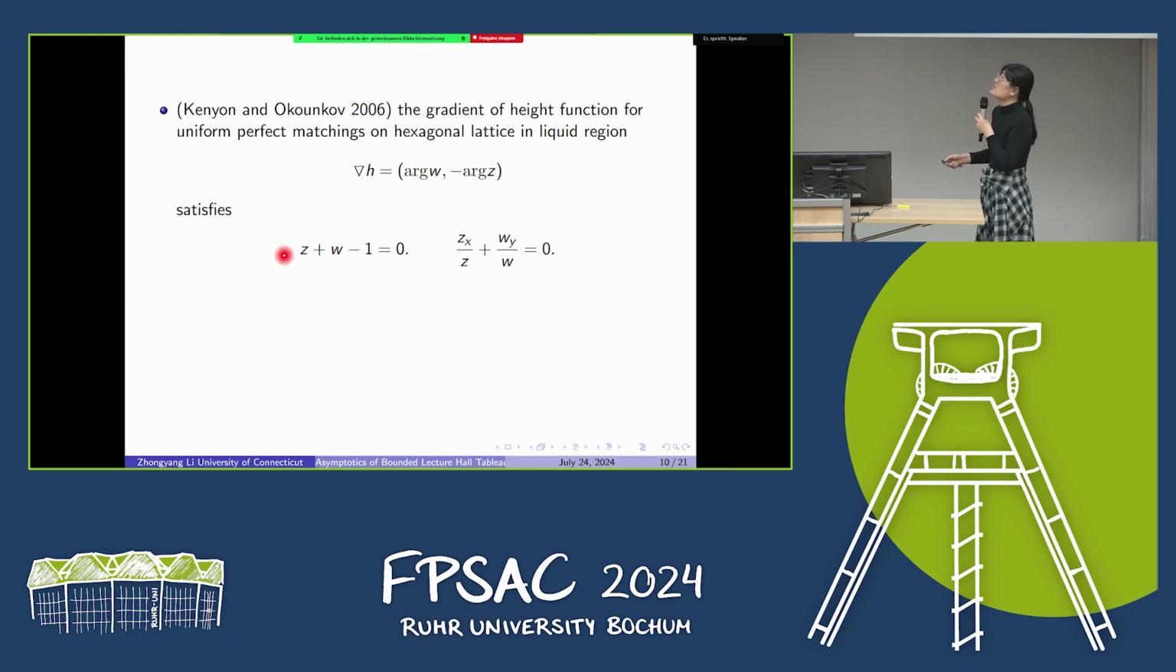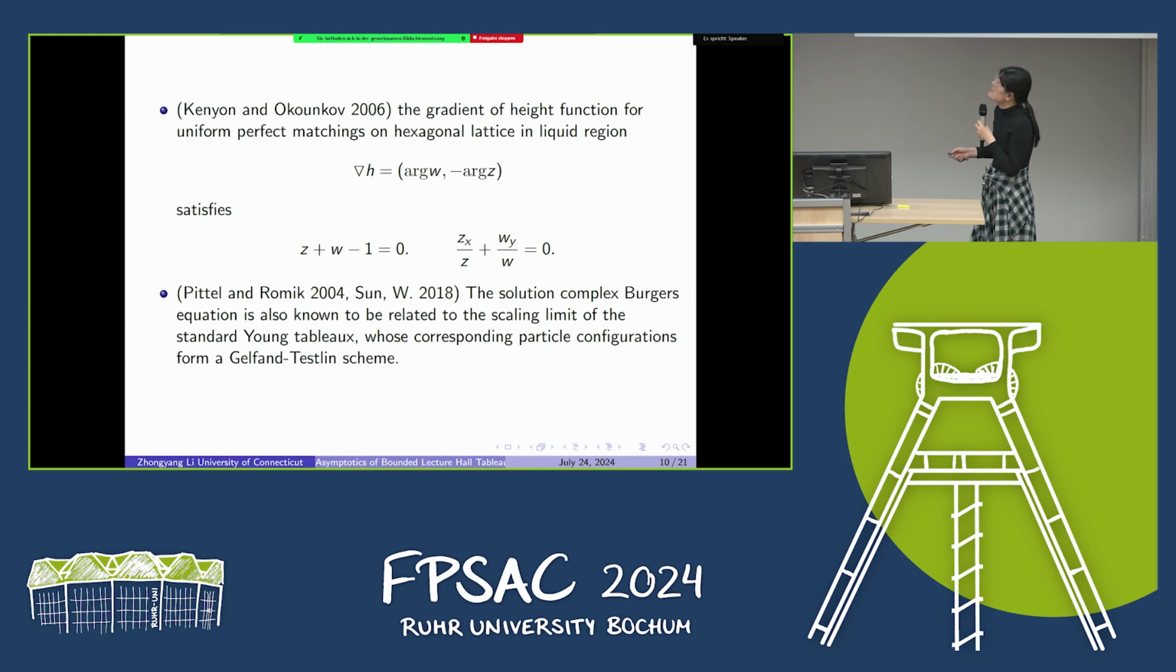So it satisfies the condition that z plus w minus 1 is equal to 0, and zx divided by z plus wy divided by w is equal to 0. The solution of this complex Burgers equation, the argument gives the slope of the limit height function. And the solution of the complex Burgers equation is also known to be related to the scaling limit of standard